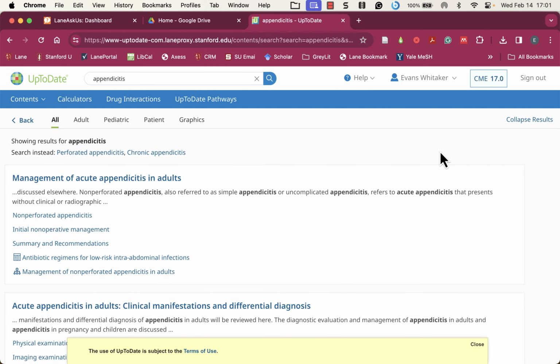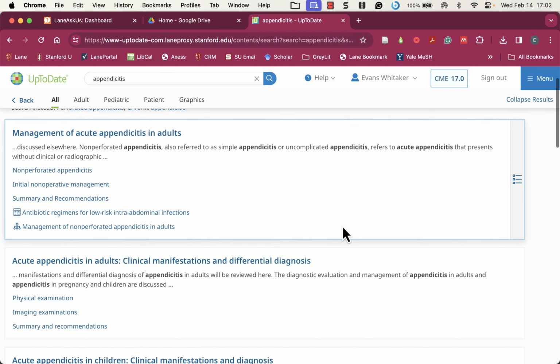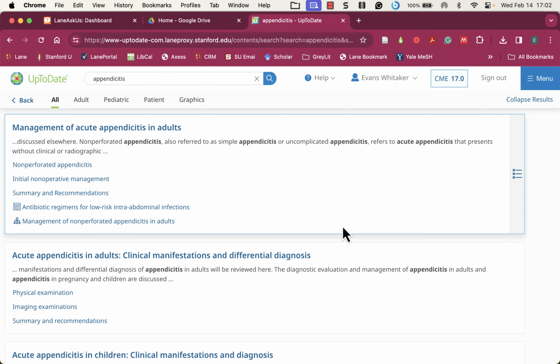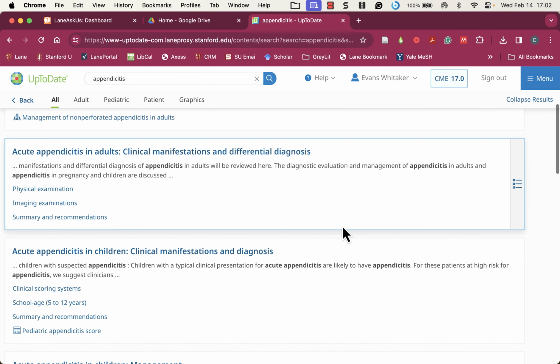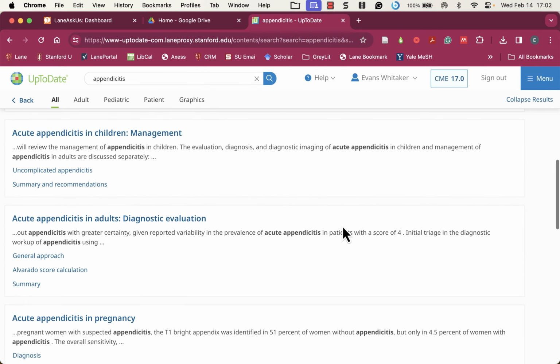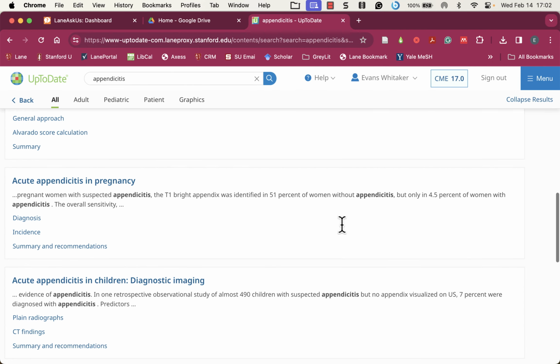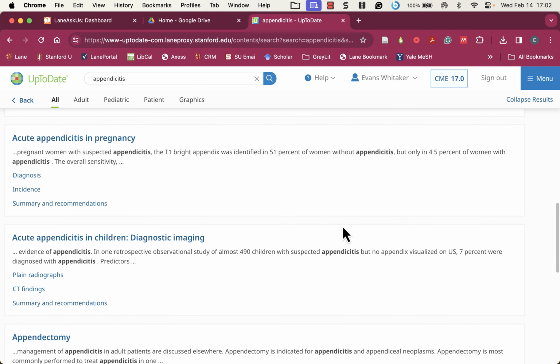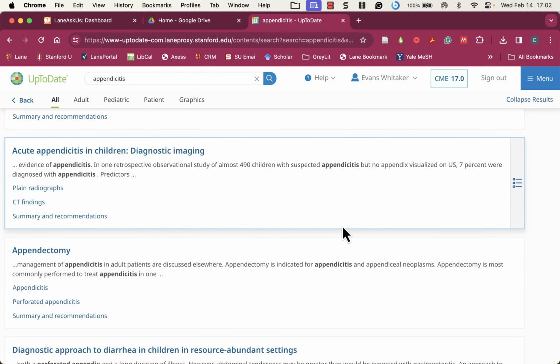This is a good example showing that UpToDate usually has multiple overlapping articles about a topic, and oftentimes you have to switch between articles to get a complete overview of a topic. Scrolling down this page, we have management of acute appendicitis in adults, and then clinical manifestations, and then something about children, and then something about management, and then diagnostic evaluation, and then pregnancy, and diagnostic imaging, and then something about